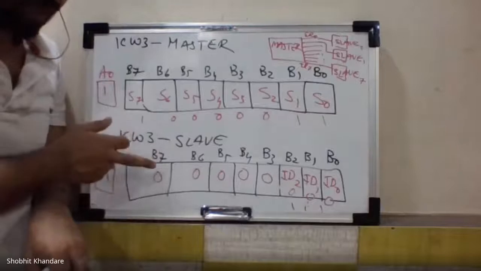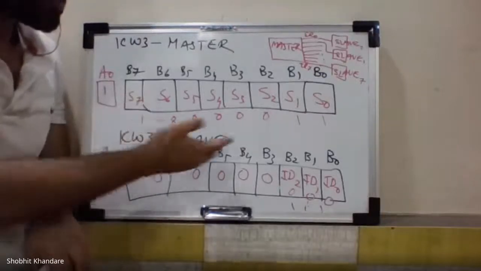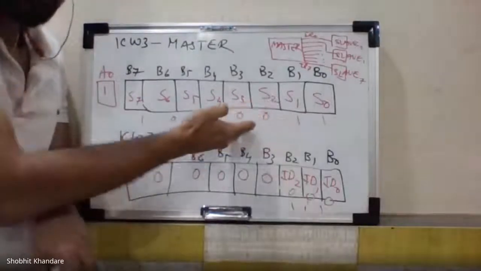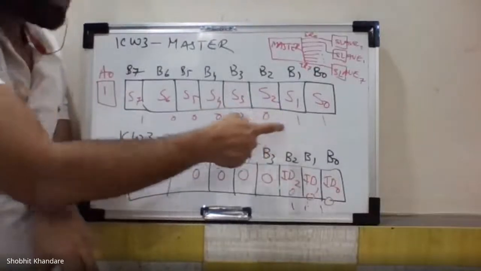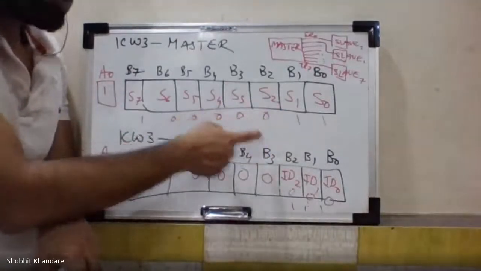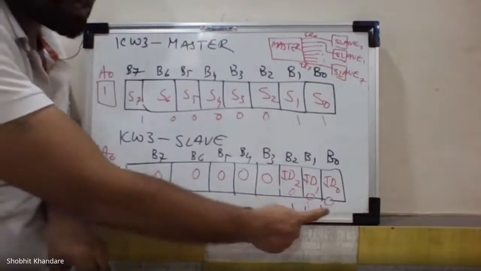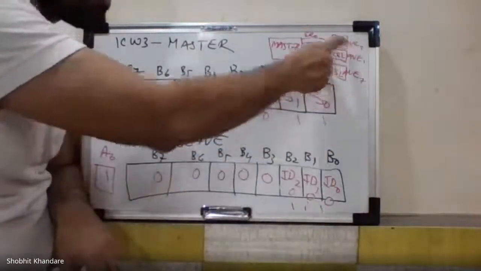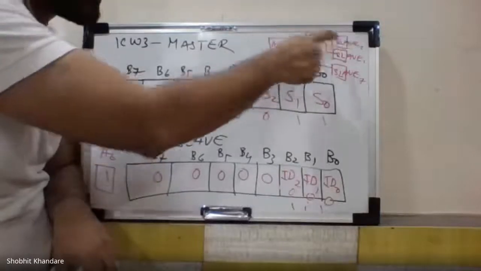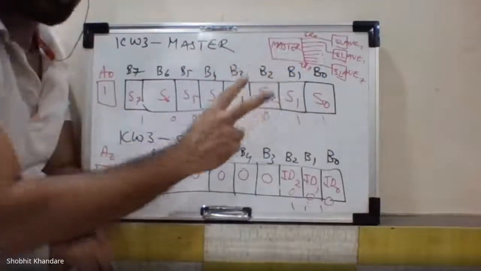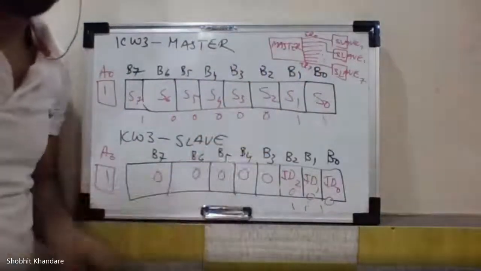Okay, not required. You will understand from this. So in cascade, you have master and slave, and this is what will give you. Where your slave is connected, those bits will be 1. Where the slave is not connected, those will be 0. And the slave's ID number, you will calculate from here. The slave number and the IR number, or the slave and the IR where it is connected, that ID will match. Okay, so we'll stop here.